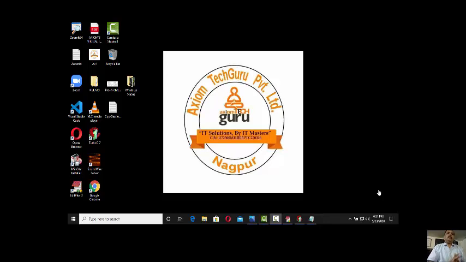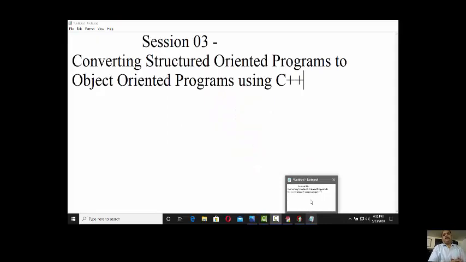Hello friends, welcome back again for object oriented programming. In last sessions we had a discussion related to how we can gradually grow from structure oriented programming to object oriented programming. Today's session is dedicated to how a structure oriented programmer will think. And as I explained to you, today's need is that all the compilers available today,